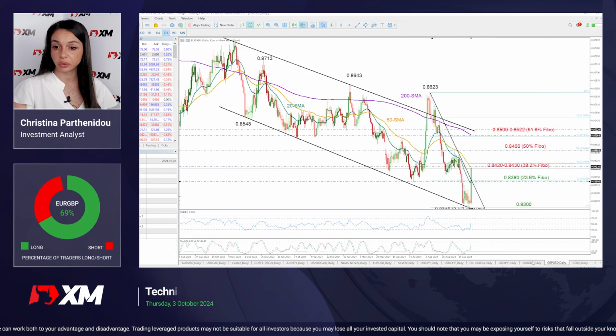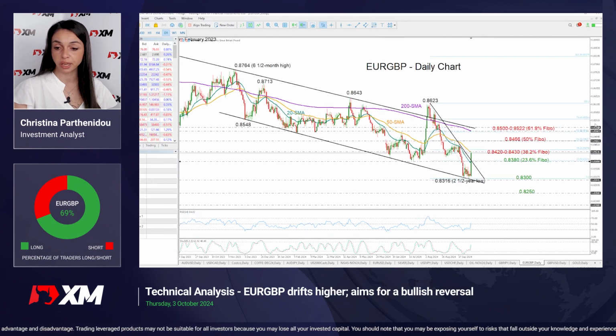And finally, looking at the euro pound, this is a great performer today. It has already recouped all its losses from September 18th. It's currently testing its 50-day moving average, so there's resistance here, and the 38.2% Fibonacci retracement of this downleg is also nearby at 0.8430. So I would like to see a break above that region before I target the 50% Fibonacci of